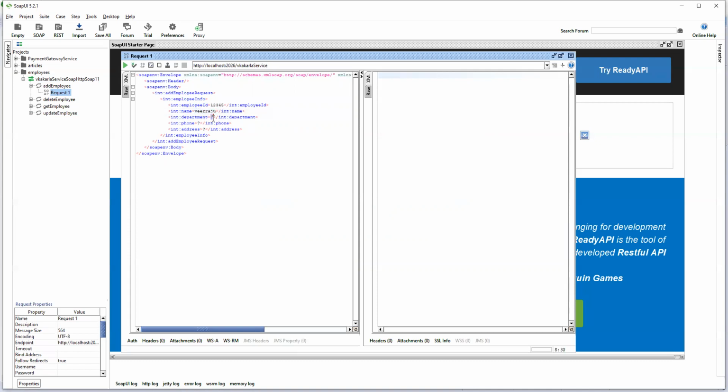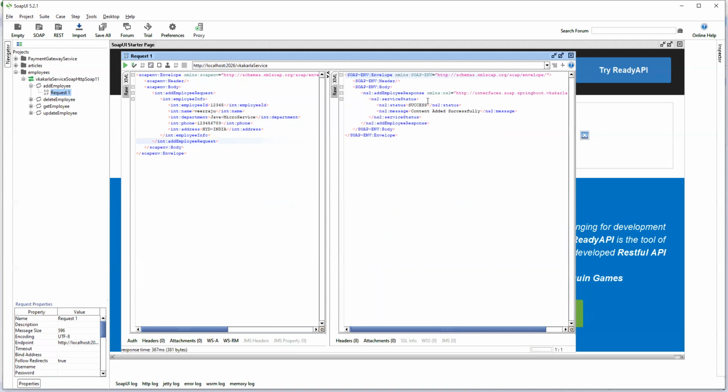Department is Java Microservice. Phone number is 1 2 3 4 5. And address is Hyderabad, India. Just I'm clicking this.